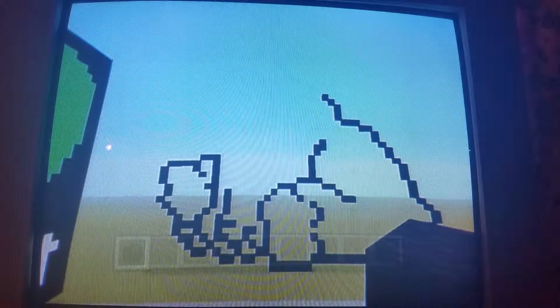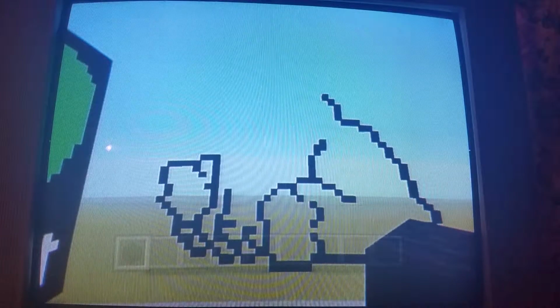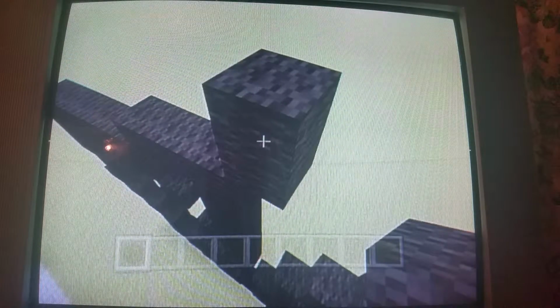Okay, so now that you've gotten that done, breaking those blocks, you're going to want to go over to this block of 4, go upward diagonal, build it up 1, upward diagonal, never mind, don't build it up, another upward diagonal, build this one up 1, upward diagonal, build this one up 1 also, and now what you're going to want to do is, let's go over to this one, upward diagonal, build it up 1 more, upward diagonal, build this up 3 more, 1, 2, 3,